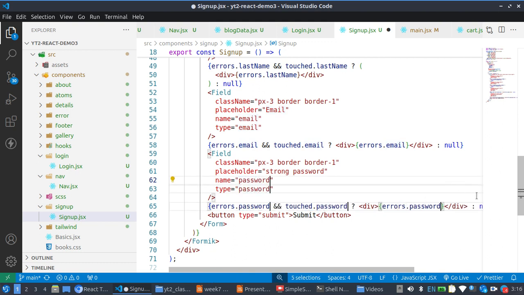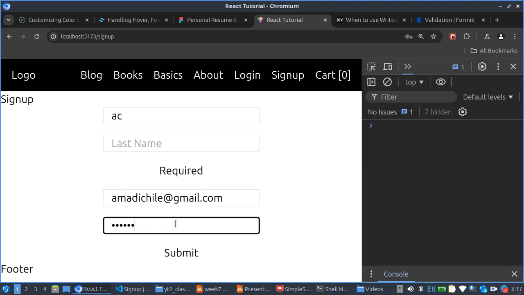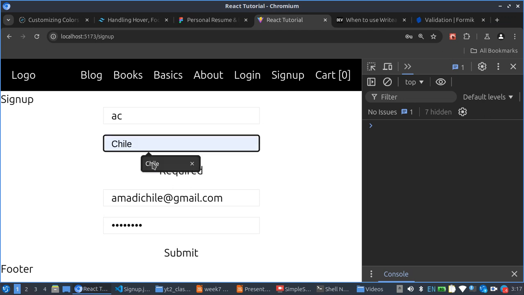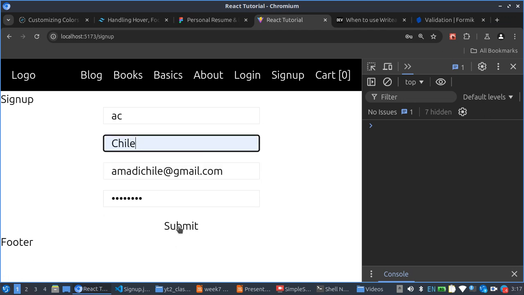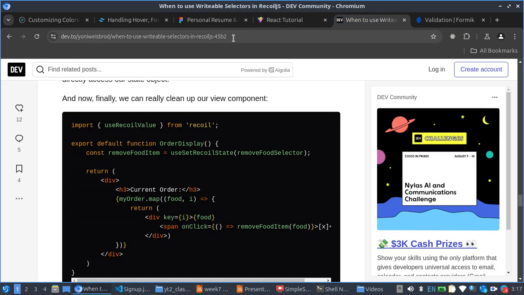So you see that here I don't have to use useState to get the data. Formik is doing all those things for me under the hood. So if I do that, I have my strong password. So now if I type something and notice I type this, so you see I can submit the form, but this is not a strong password, it's not alphanumeric. So the last thing I want to show you is